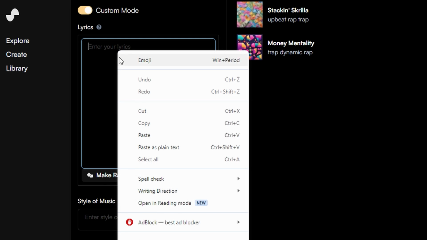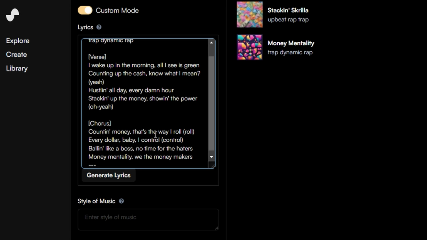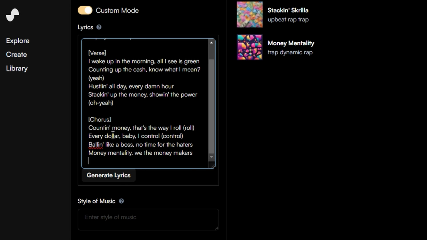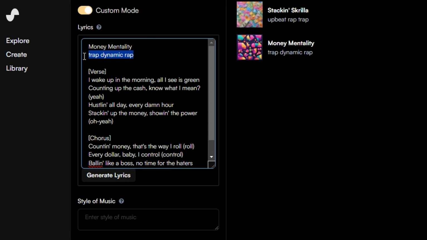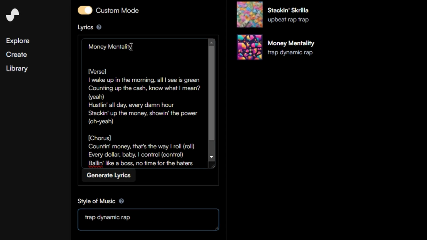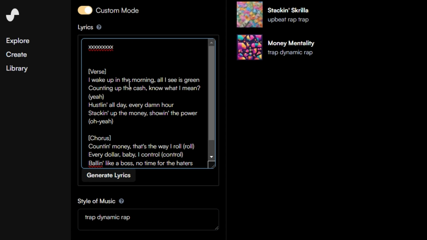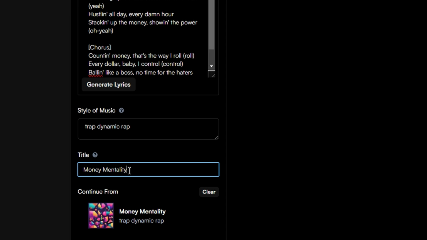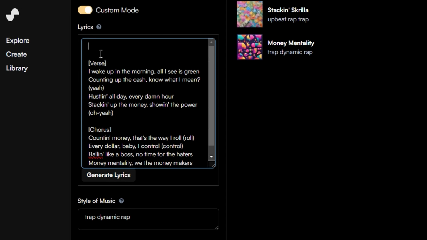Then click on the lyrics box and paste it in. Paste the style of music into its box. And paste the song title into its box. Finally, at the top of the lyrics box, we're going to type: